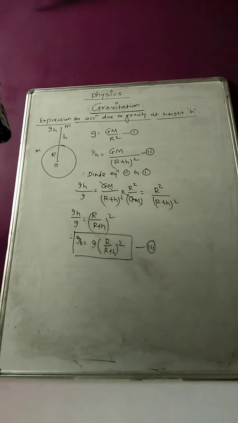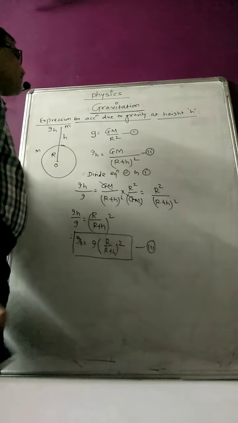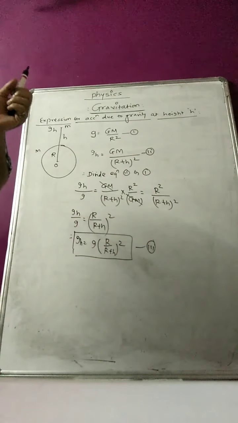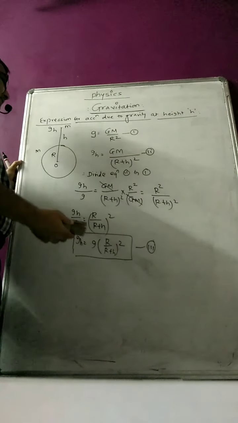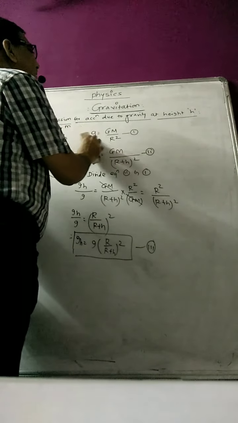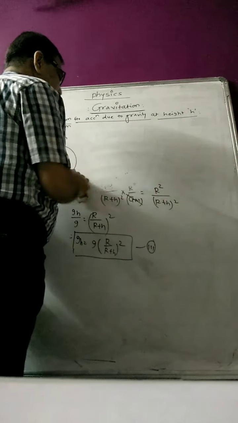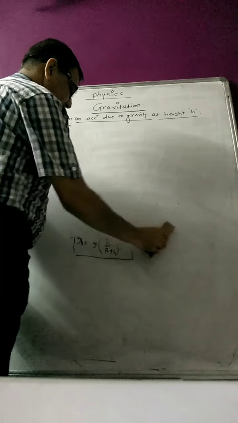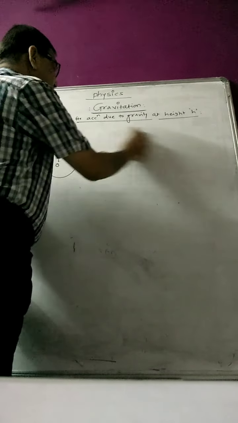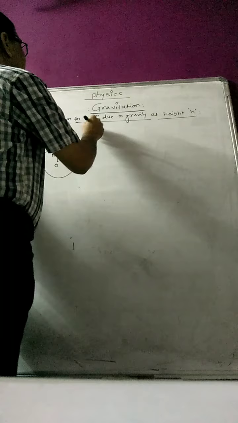Once we have got the relation gh is equal to g into (r upon r plus h) whole square, we want to find out the variation of g due to height, depth, shape and rotation of the earth. So we want to learn the different parameters. Hope you got this expression. Can I rub this now? Yes. Please, we can proceed to the next point, as we have already learned these factors. So, effect of